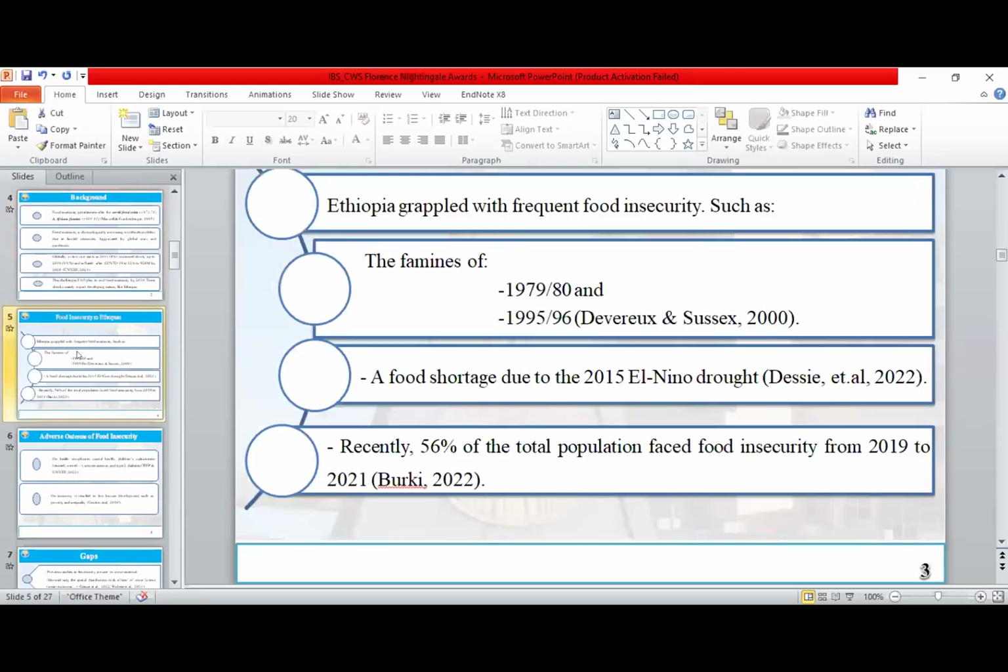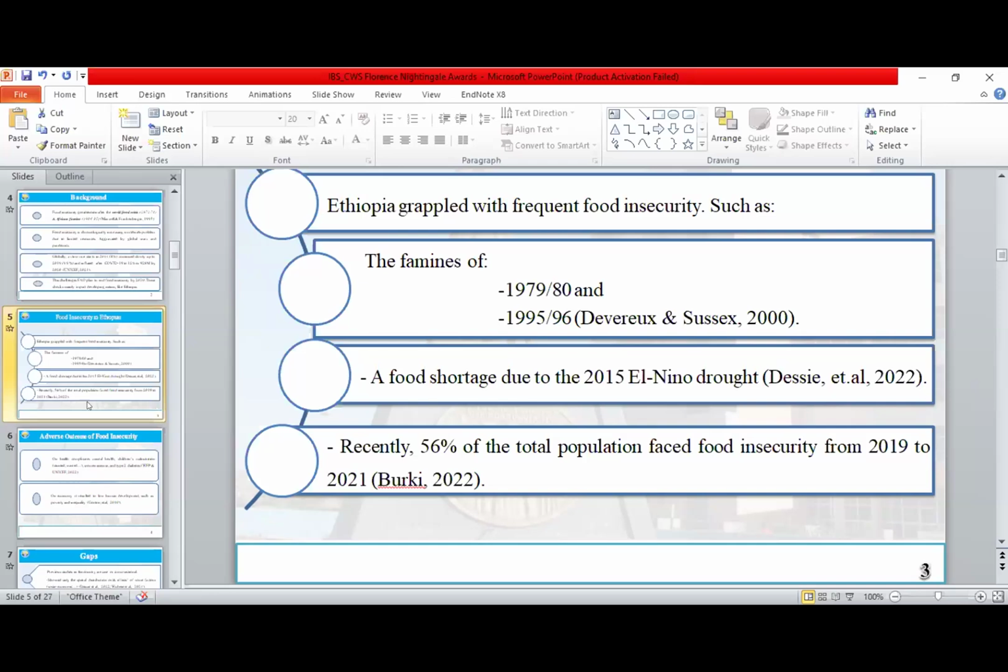When we come to the Ethiopian food insecurity status, it is grappled with frequent food insecurity. For example, the famine of 1979 and 80, and the famine of 1995-96, as Devereux and Sussex indicate in 2000. The other one is a food shortage due to the 2015 El Nino drought, as indicated in 2020. And recently, more than half of the population faced food insecurity for the year 2020 to